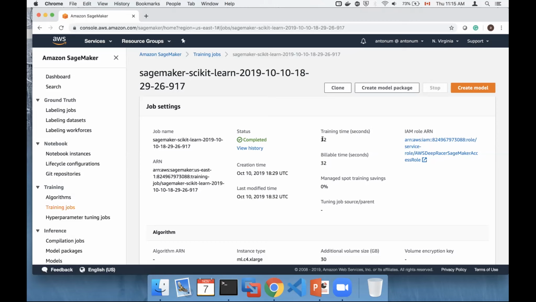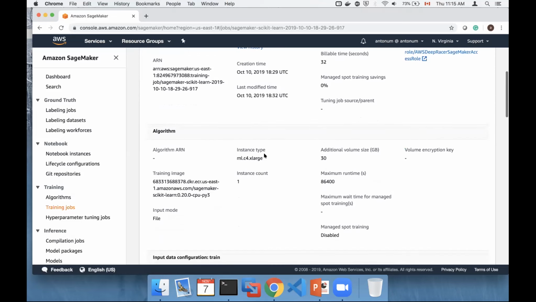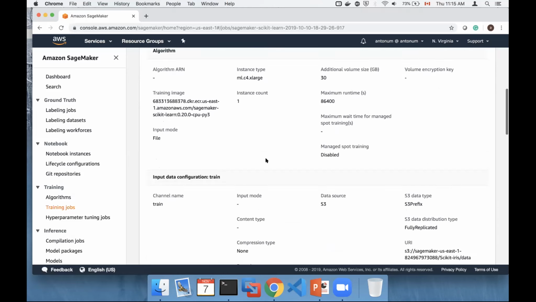Actually, Amazon would say, yeah, we have per second billing, but per second billing starts with 1 minute exactly, so I would be billed for 60 seconds, right? So a few cents here I would actually lose, but well, come on, I'm not paying for this expensive instance for hours and hours while I'm debugging my code, while I'm trying to optimize what I'm doing. I'm paying exactly for the time instance is being trained, and the billing component for that particular job would be a couple of cents at most. Right, and again, there's a big instance type and a whole bunch of other information.